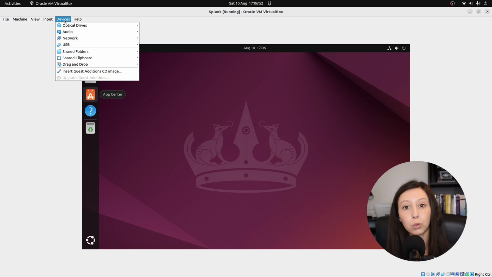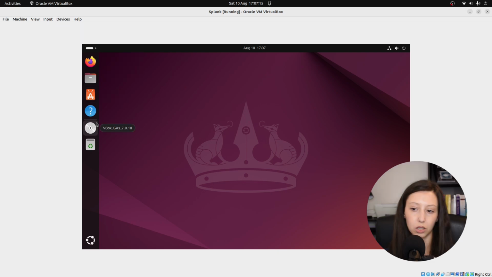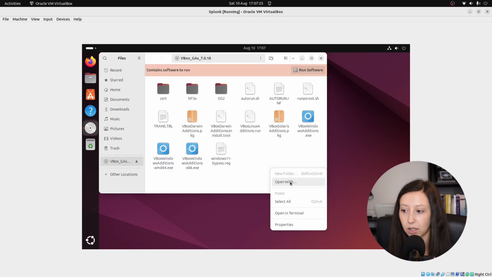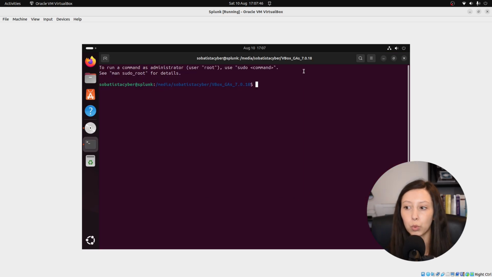Okay, now that we have our Ubuntu installed, we need to make some changes, and one of those changes is install guest additions. Now to do that we go to devices and we click insert guest additions CD image. Now we click here on this CD, double click, we right click here on the empty space and we click open in terminal. And here on the terminal we will run a command that will install guest additions. That command is